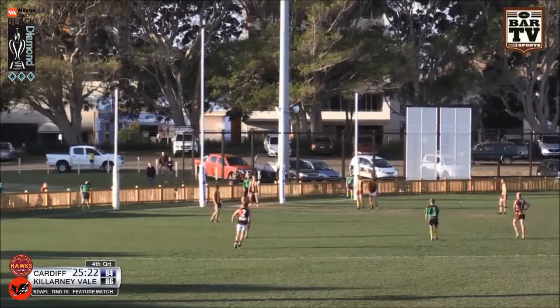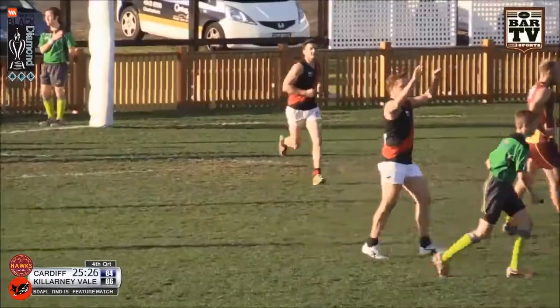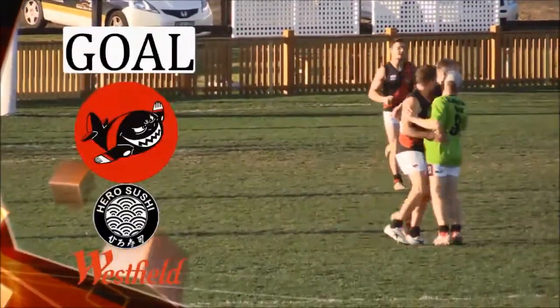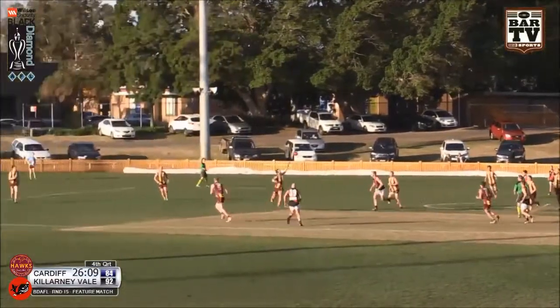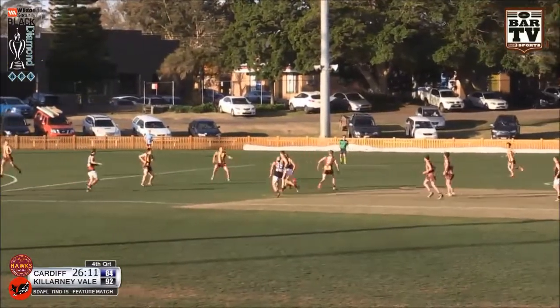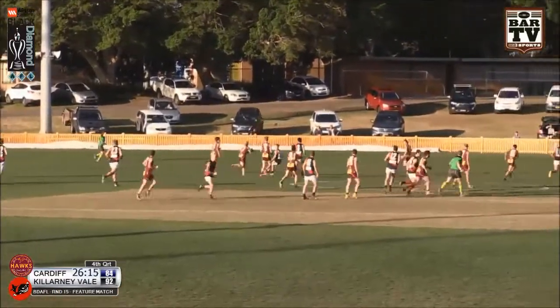Shackleton from 40 metres. Makes no mistake. Killarney Vale look home. It's an 8-point lead. 25.5 minutes played here at Newcastle #1. Yep. So Koshin doing the ruck work. Bounce sort of beats them all. Getting there first will be Sheldon. He's just tried so hard now on his...